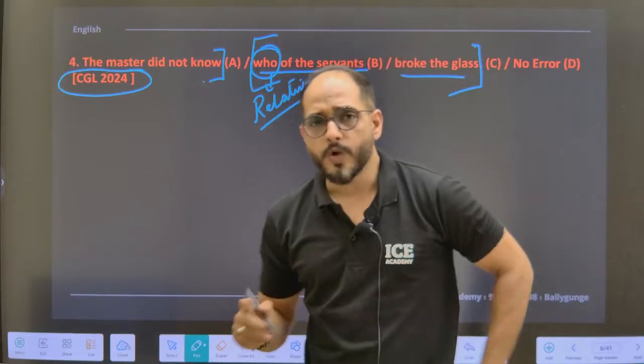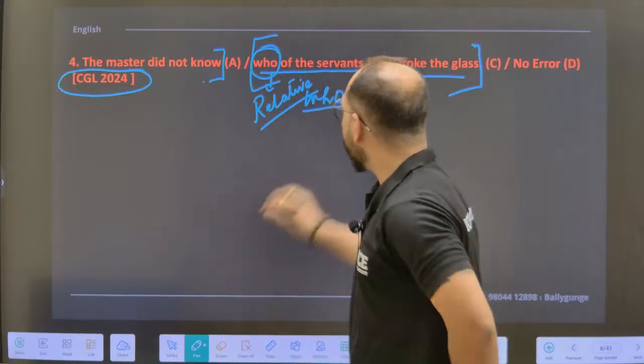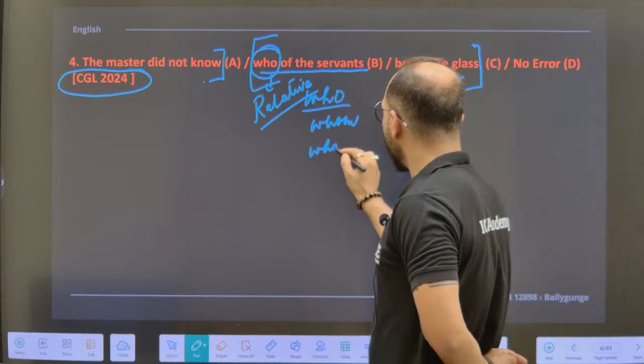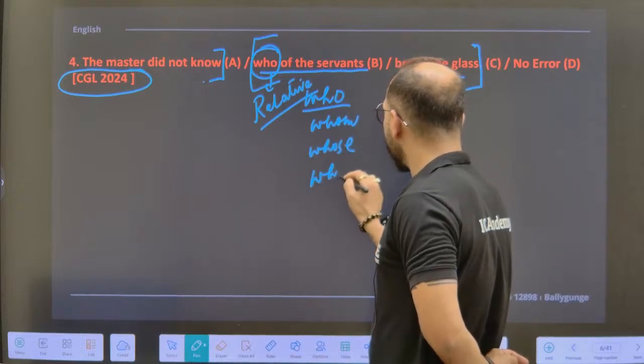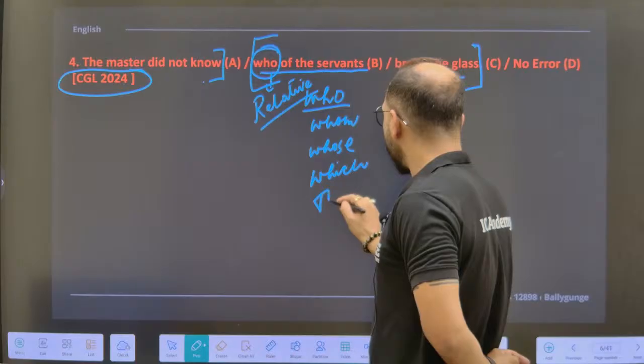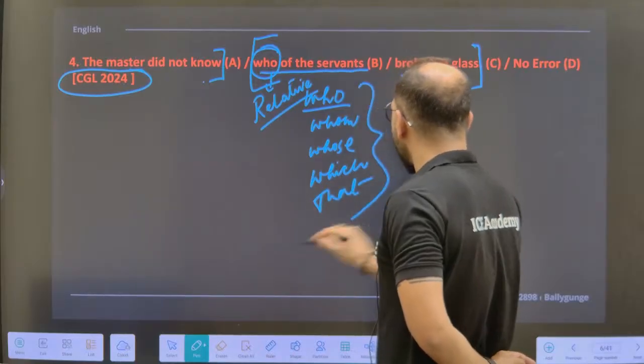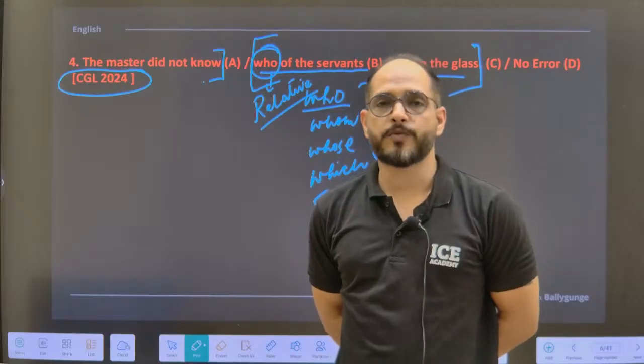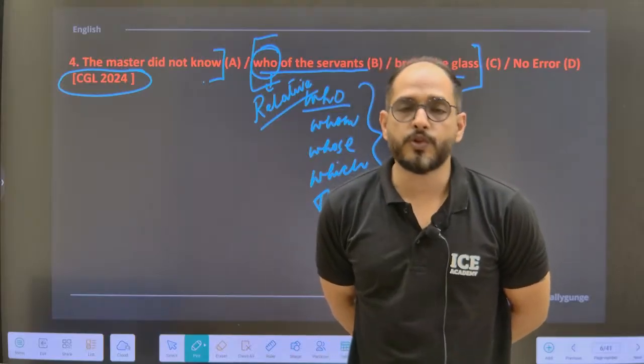And not only who, there is whom, which, whose, that. These pronouns that you can see are usually used as relative pronouns when they are used to connect